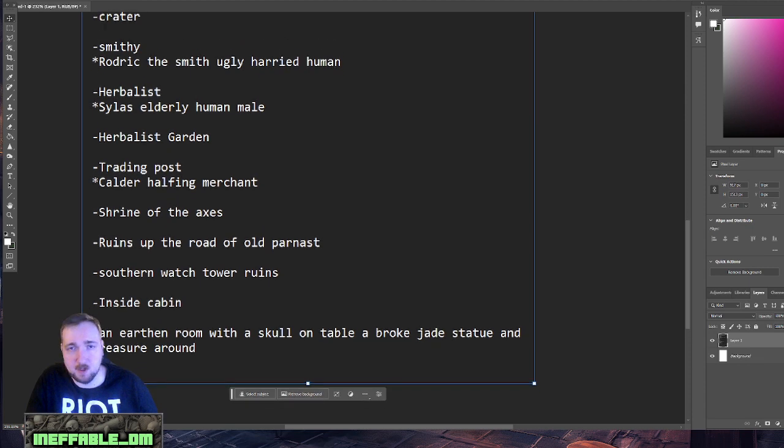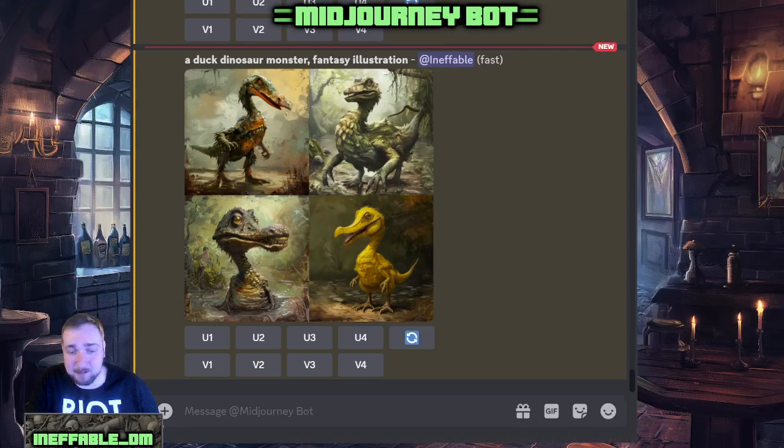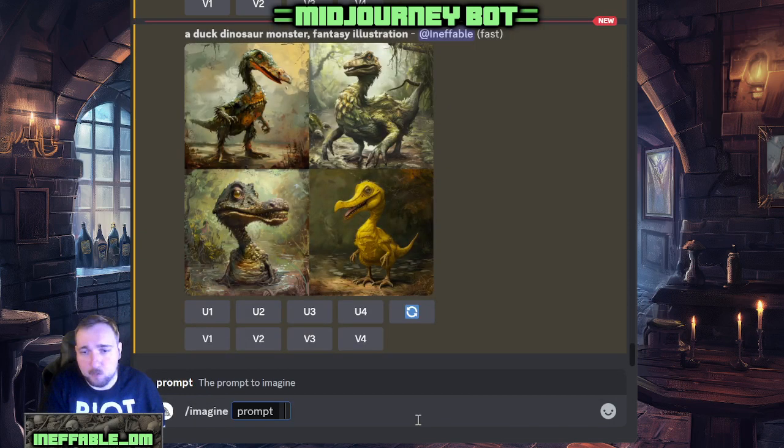We're going to use Roderick, the ugly, harried human blacksmith in his smithy shop, as an example of generating these images. I prefer to use Midjourney for that, so we will get into that. We will generate the background image first, so that is just going to be making a blacksmith shop, a poorer setting because this is a low-level campaign,